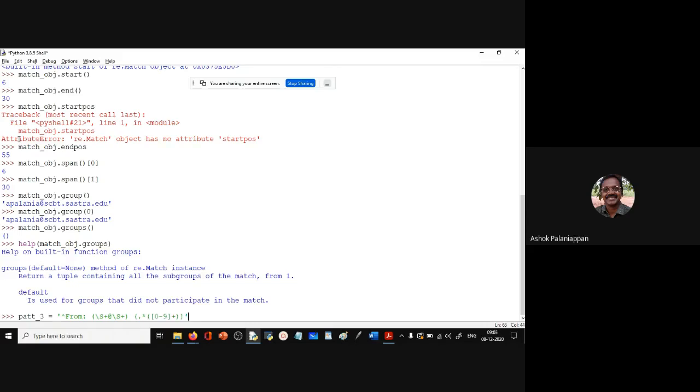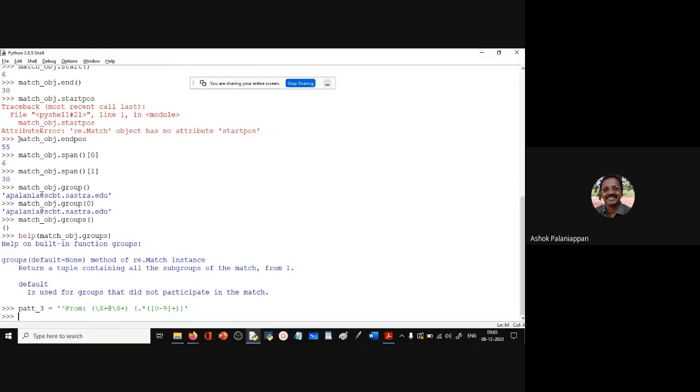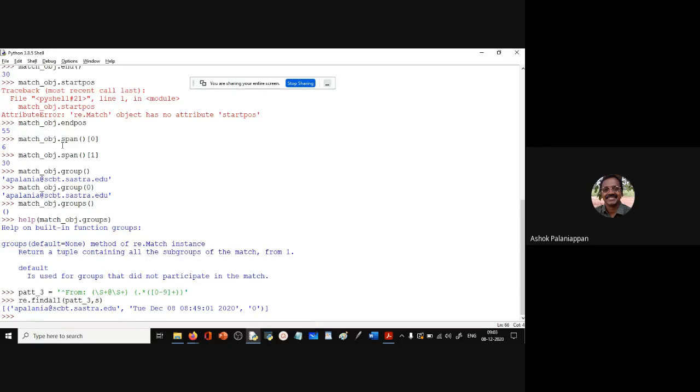Now let's see how this actually operates in practice. We say re.findall of pat3, comma s, and you see what we are getting here. It is just one match, and the one match is given as a tuple here.